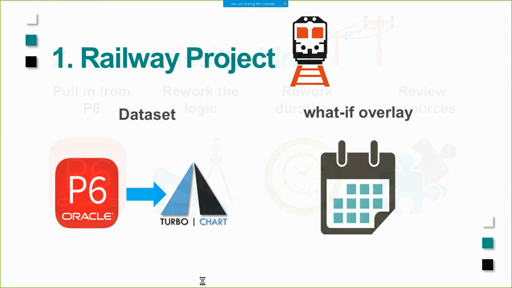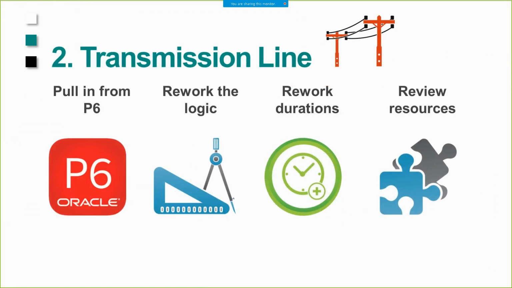Key thing that you do in P6 that's not always that easy to communicate the impacts with the team, and I want to look at resources. So I'm going to do a few things. I'm going to use my P6. I'm going to look at my resourcing. I'm going to switch some logic, switch some durations, and see how TurboChart is going to help you with that